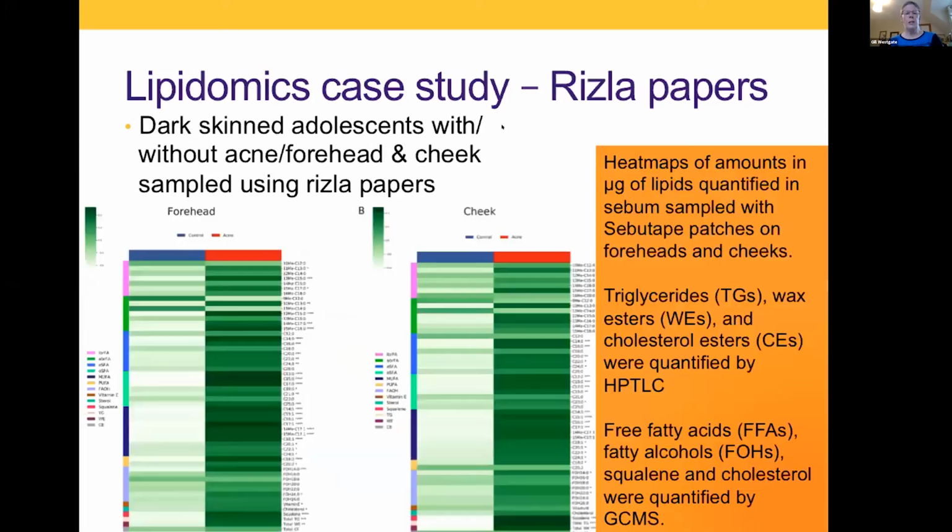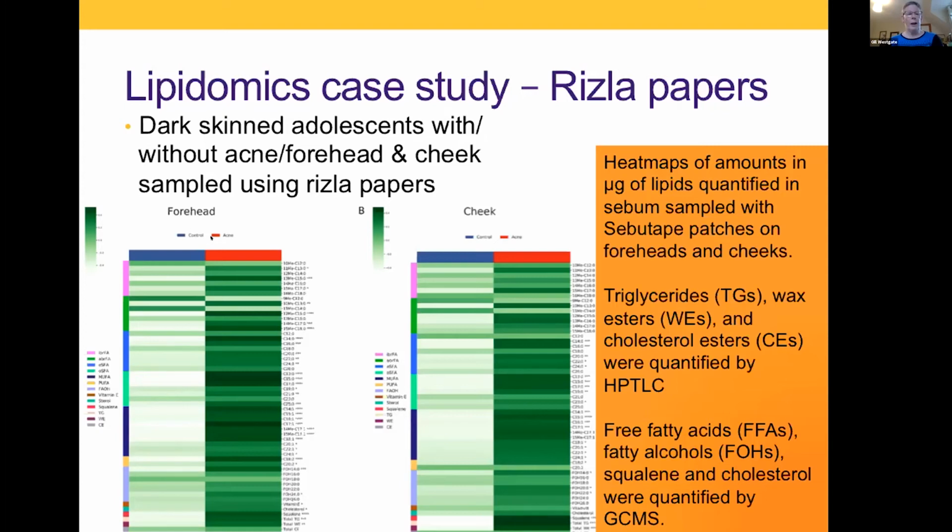In this case study, this is lipidomics. This was a study with dark-skinned adolescents with and without acne, looking at the forehead and the cheek, and they used the Risler papers for this. So this is a different type of presentation showing the different lipids. You probably can't see all the detail here, but the main thing is to show that